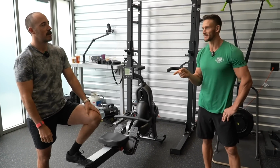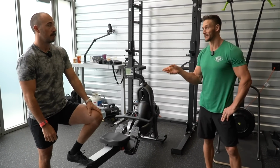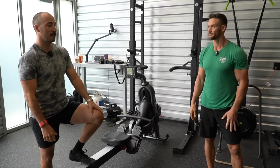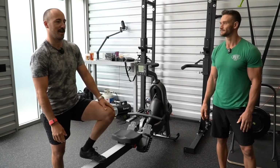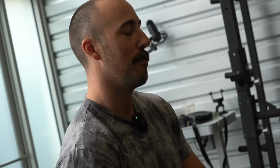The Iron Neck has been something. Dude, I know that's a big one that you're a fan of. Yeah. When I first got it, I was like, this thing is gimmicky as all get out. It just looks like, all right, I look like an idiot wearing this. But I do jiu-jitsu now, and I have for the past